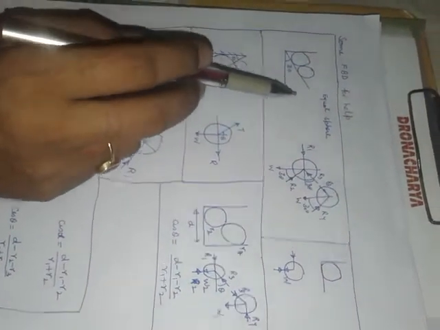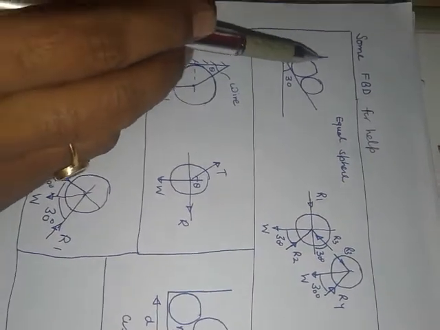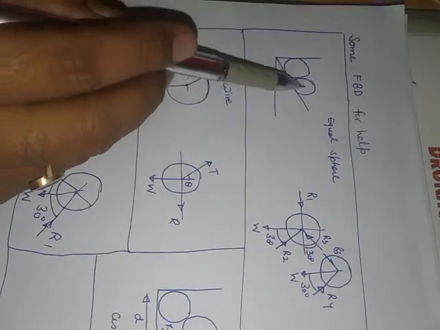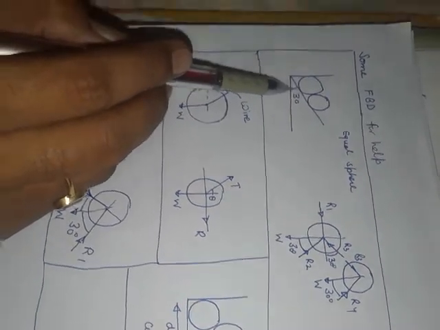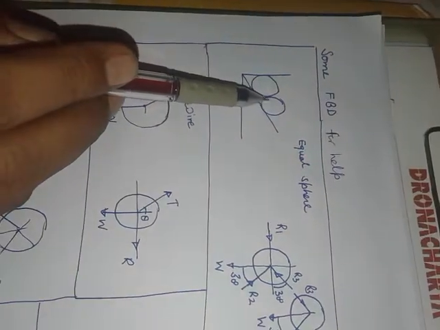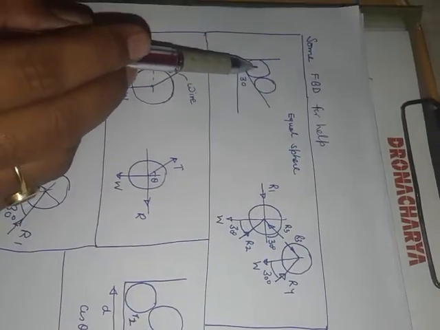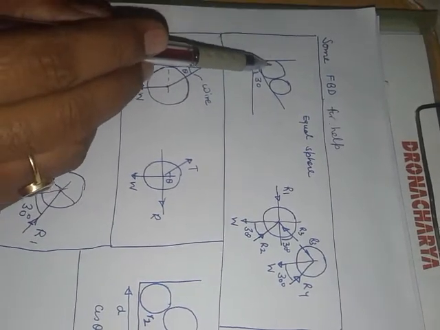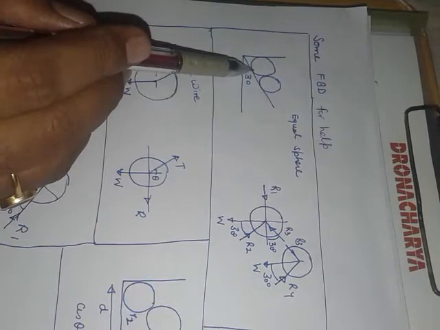Some free body diagrams to help with different numericals. First is this case: there are two identical spheres, equal in size, at some angle. So how do we make the FBD, the free body diagram, of these two spheres? Let us see. For the first sphere, one reaction R1 is coming from here, and one reaction is coming from here, from the contact